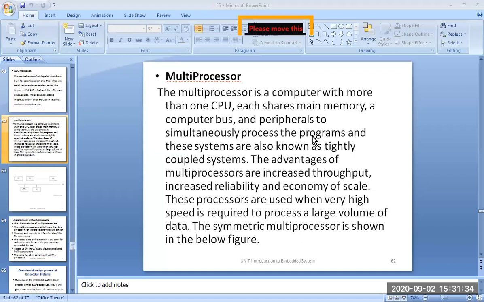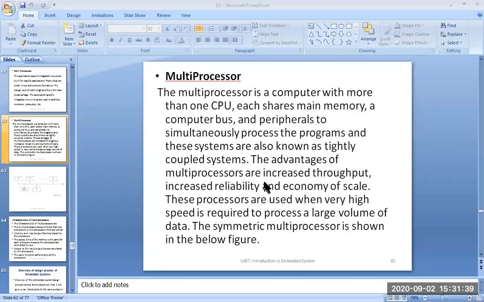Okay, so multiprocessor means if we have one program which takes 100 seconds to execute with one processor, you can reduce the execution time by having more than one processor.